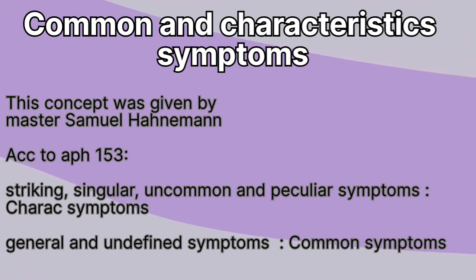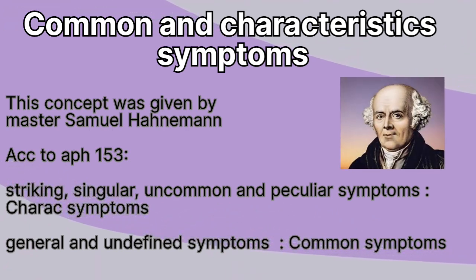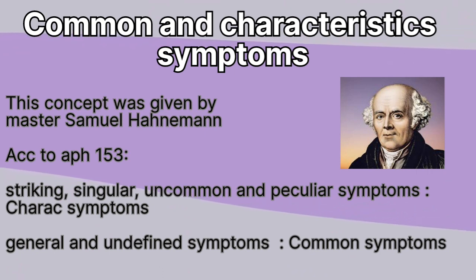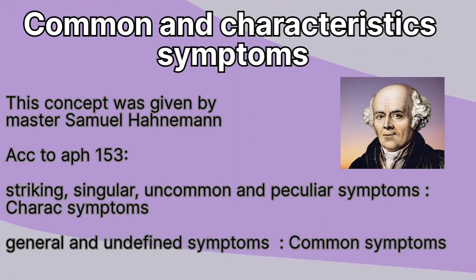Next, let's have a look at the concept of common and characteristic symptoms. The concept of these symptoms was given by our master Samuel Hahnemann. This was mentioned by him in aphorism 153, where he says that the symptoms which are striking, singular, uncommon, and peculiar are the chief and sole indications of the remedy, and such symptoms are known as characteristic symptoms, while the symptoms which are more general and undefined, for example, loss of appetite, headache, debility or weakness, etc. are of lesser importance as these symptoms can be seen in all cases of that disease